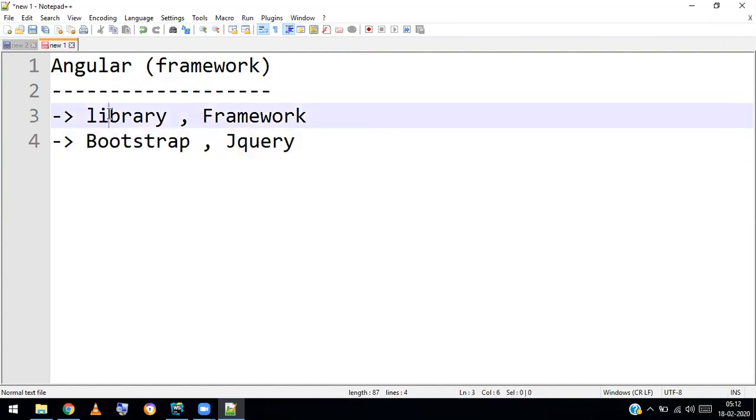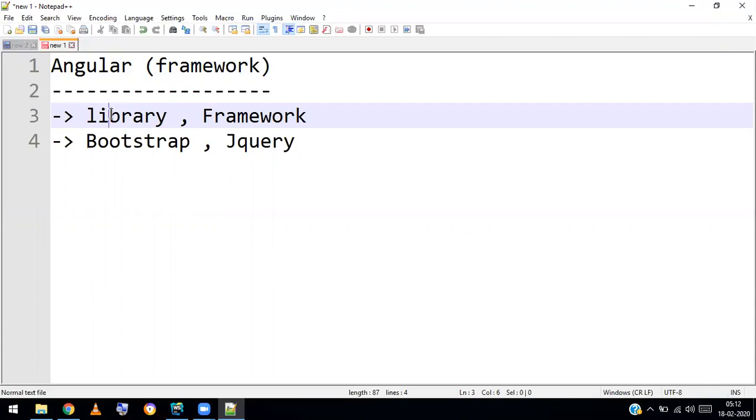What is meant by library is, Bootstrap provides rich UI components, so it only supports the CSS to develop a rich UI component. Bootstrap focuses on only one thing, and it does that perfectly. That's the library, and it's not giving you the complete application solution, just the UI parts.